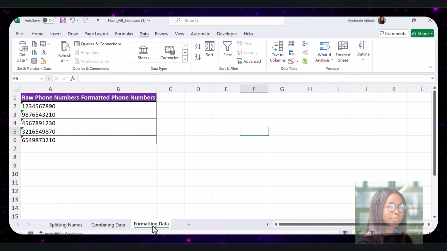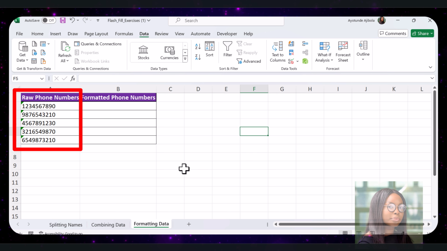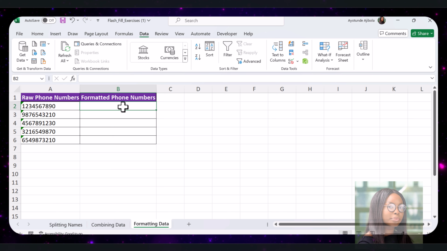Flash Fill is also great for formatting data. Let's say you have a list of phone numbers that are not formatted consistently. We can fix that easily. In column A, I have phone numbers without any formatting. In cell B2, I will type the phone number in the desired format,